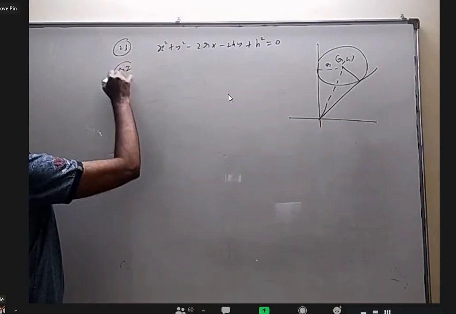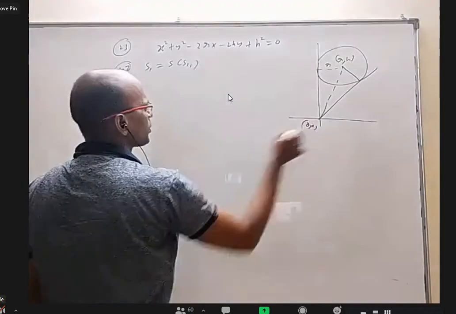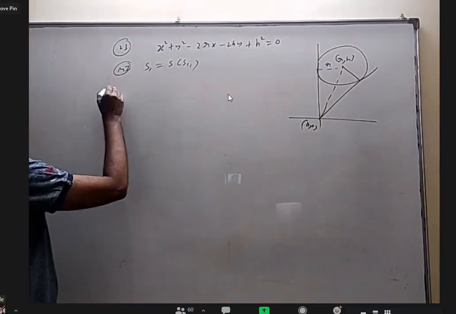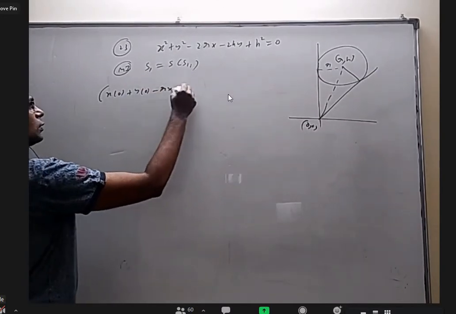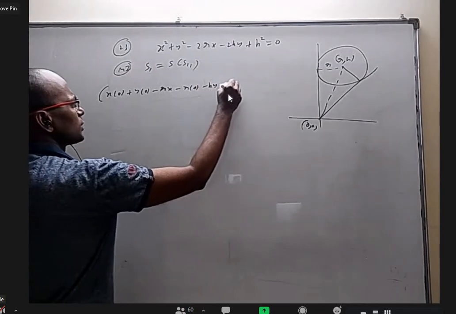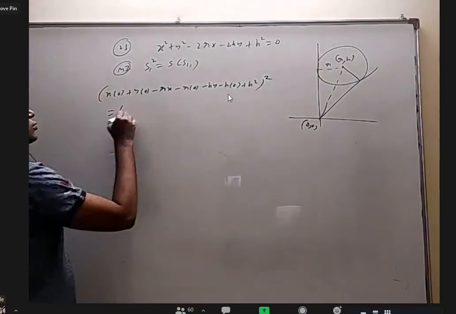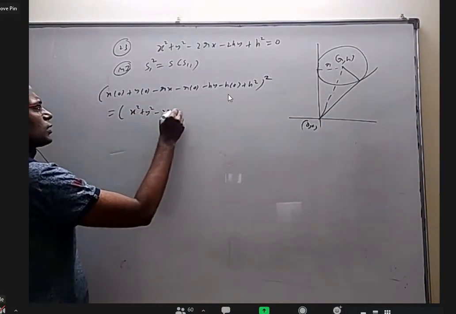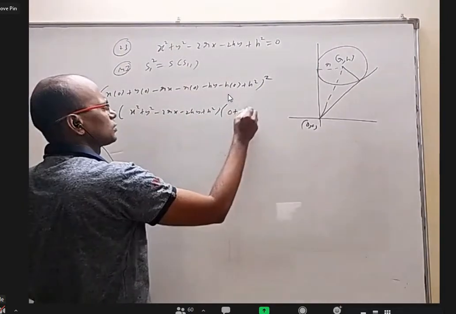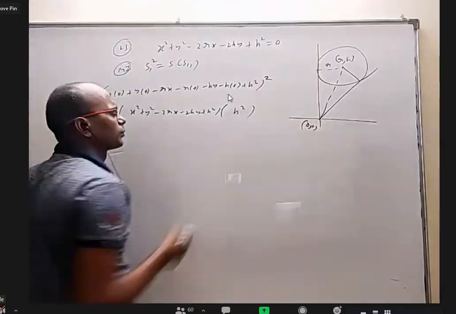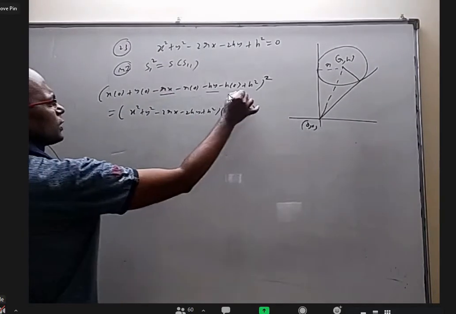Okay, so method 1, simply use S1 square equal to S into S11. You want to combine tangents from origin. What is S1 means? x into 0 plus y into 0 minus rx minus r into 0 minus hy minus h into 0 plus h square, S1 square. S into S11, the circle as it is, x square plus y square minus 2rx minus 2hy plus h square. S11 is putting origin, you get 0 plus 0, all that, which is simply h square. Okay, this is 0, this is 0. We are left with this rx, hy and h square.